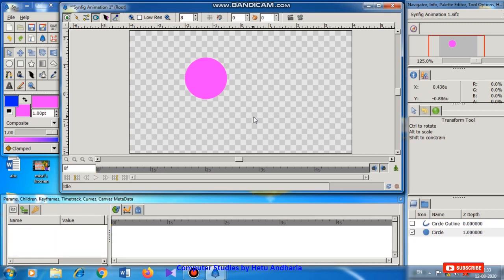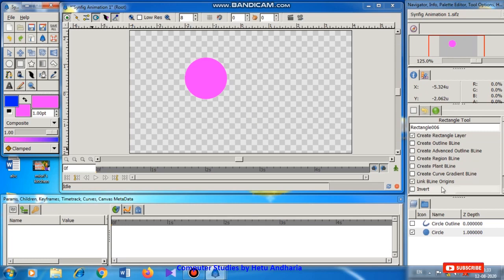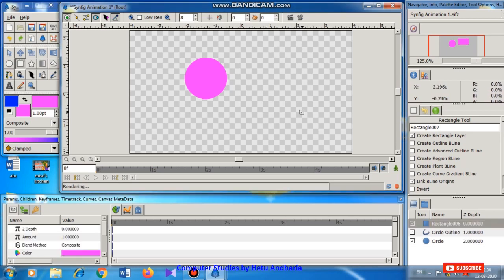Then we come to the next shape, and that is square. So I select the square shape. Here again the options related to that square or rectangle will be displayed. This is actually known as a rectangle and not as a square. So now I draw the rectangle. Now after drawing the rectangle, if I want to change the color of this rectangle, how will I be able to change it? I will have to select that shape with the transform tool.